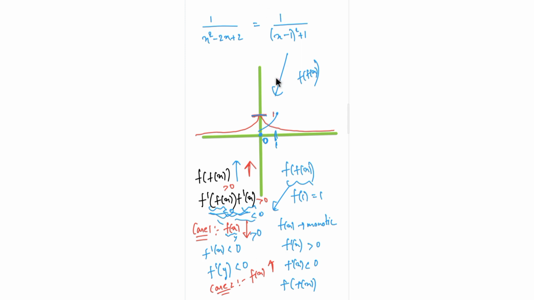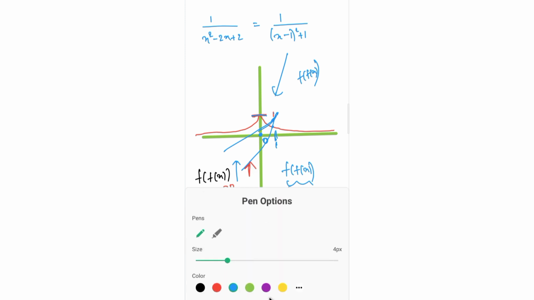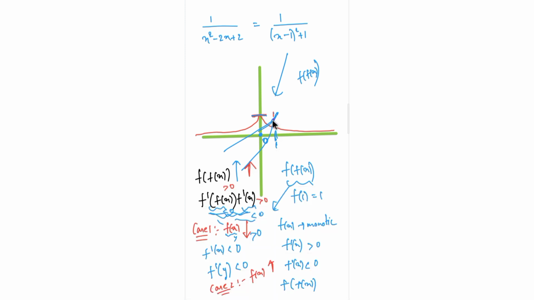Let me draw it clearly. So either if I consider the case where it's not passing through the origin, it would be in this way or it would be in this way, isn't it? So definitely I'll be finding one solution here. And if I assume that it passes through the origin, it would be in this way. So in either case we are finding only one solution, here or here, isn't it?